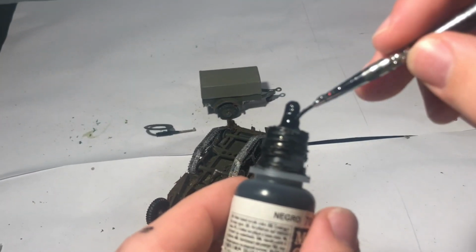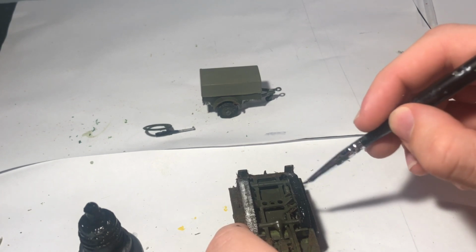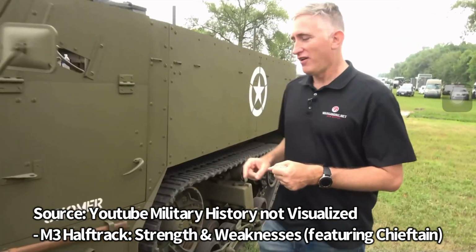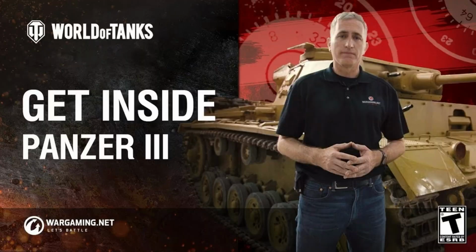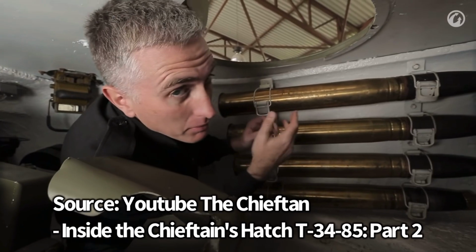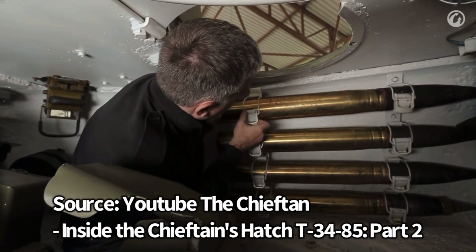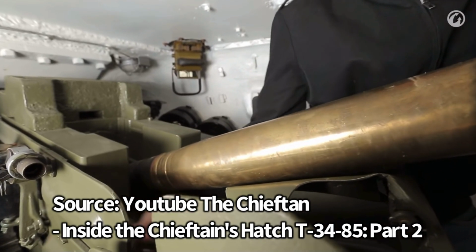grass on their boots. And at this point I finally corrected my tracks by painting them Vallejo's black to make them like rubber, thanks to the gentle guidance of the Chieftain, whose videos are available on YouTube. He's done various collaborations and a series of videos with Wargaming World of Tanks called Inside the Chieftain's Hatch. Definitely recommend them as a great source for modelling. He goes into a lot of fine details and you get a good idea on how the vehicles you're making